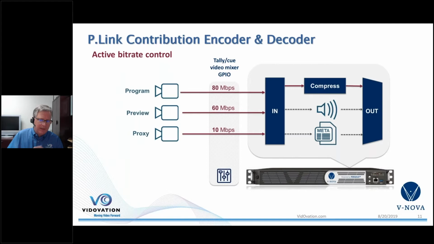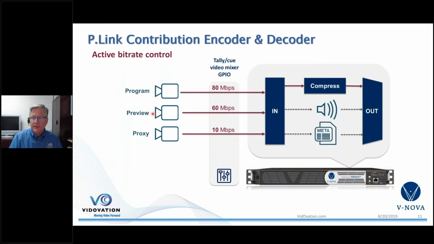But in the example I'm describing, there's a smaller van, a smaller presence at the venue. We home run all the cameras. Now, if you have 8 cameras, only one of them is going to go live at a time. So why have 80 megabits? You see in this example we have, let me turn on my little laser pointer, 80 megabits per second on the program feed.